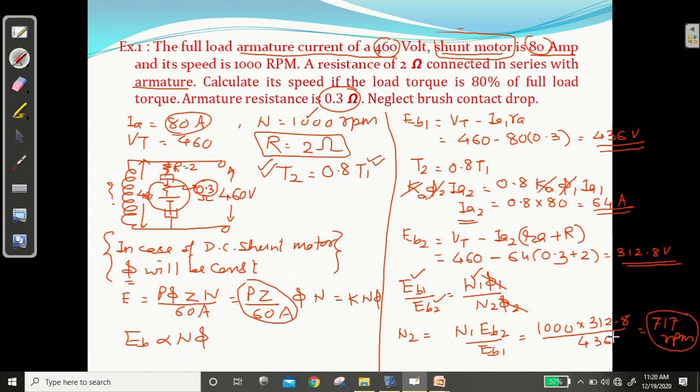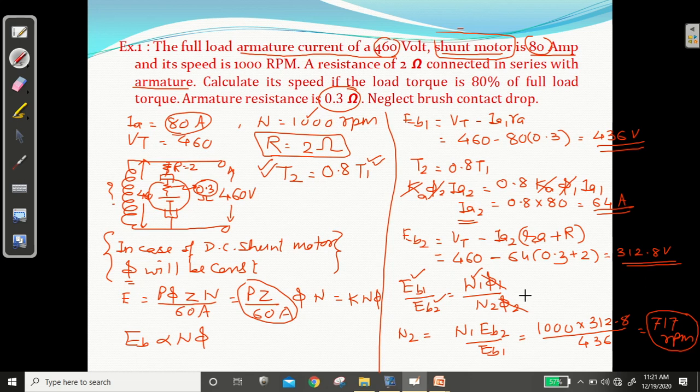So this type of question they can ask in GATE examination. This type of question they can ask in some university examination also. Your concept should be clear, right? पहले आपको फिगर ड्रा करना है. Find EB1 normal. Then torque condition will be given, from that find IA2. Then you can find EB2. EB2 equal to VT minus IA2 into resistance. Some change will be there, so do it. You will get EB2, and then EB1 upon EB2 equal to N1 phi1 upon N2 phi2. Now ये for series shunt सब जगह same रहेगा concept, but phi2 की condition will be given, and in this way you will get the answer.